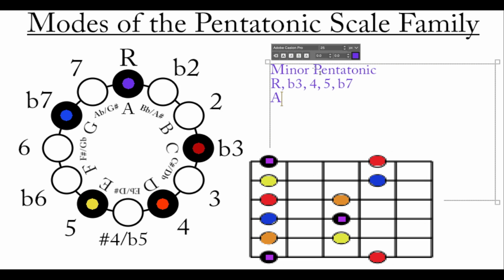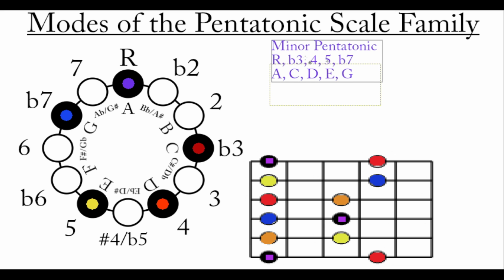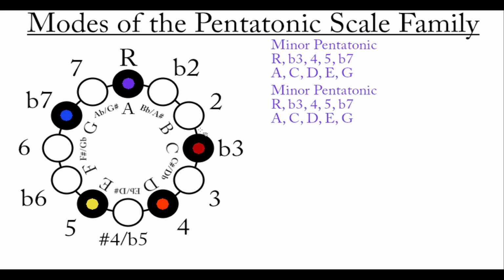Now I also want to add then, let's add them as notes too, just to help us out. We got A, we've got over here, we got C, right? Over here we got D to E to G. So that would be it, also spelled out in terms of A. And we'll kind of leave this over here for now. Maybe try to put it up higher. And moving on,